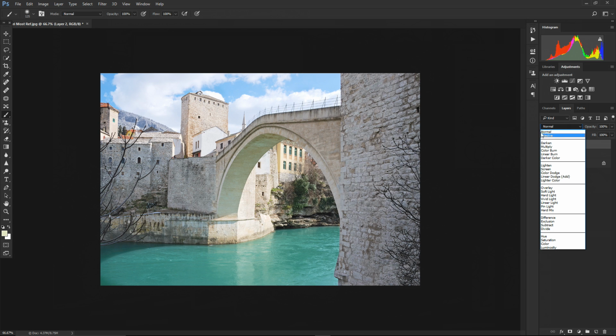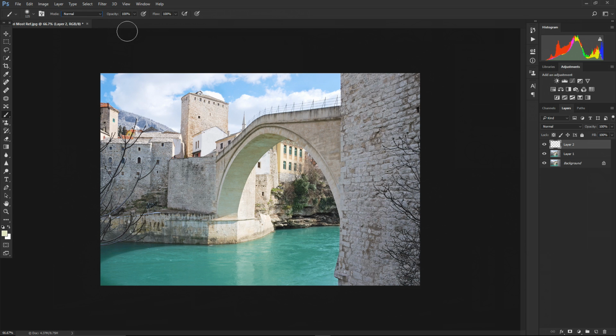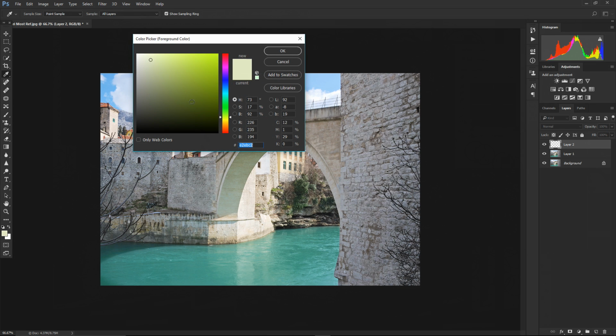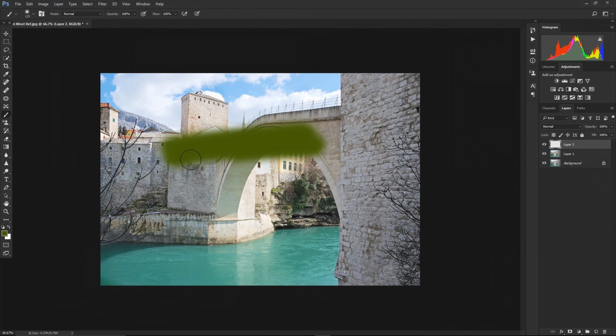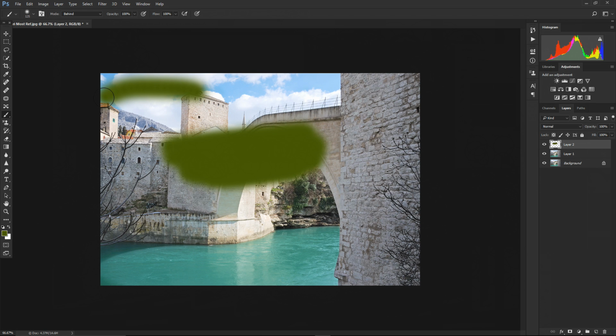However, there are two blend modes that are not found in this list, and those blend modes are behind and clear. To show you how they work, I'm gonna leave our blend mode for brush tool to normal, and I'm gonna pick any color. And I'm gonna start painting over our image. So this is the result. It's very simple, right? But then if I switch blend mode for the brush to behind and I start painting,